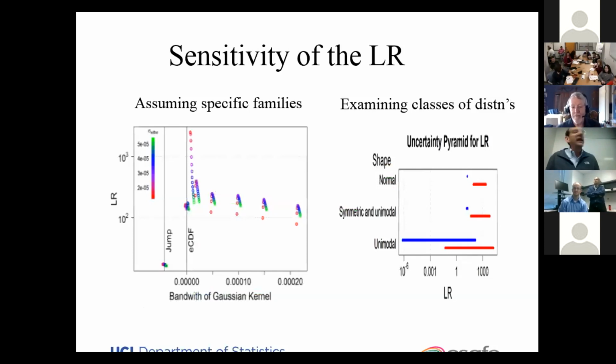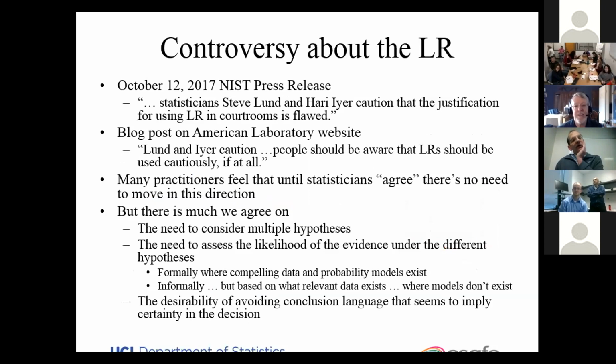So on the right is an example of this where they take more and more plausible distributions and get wider and wider ranges. So I was going to wrap up with 2 comments. One is there's been a lot of controversy around the Lund and Iyer paper, which is the basis for this.